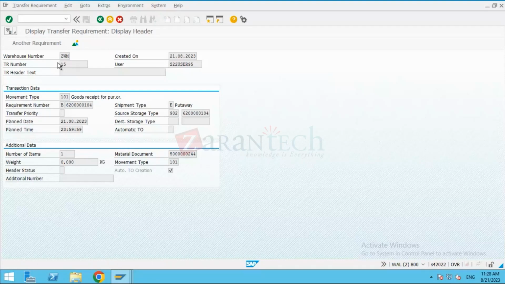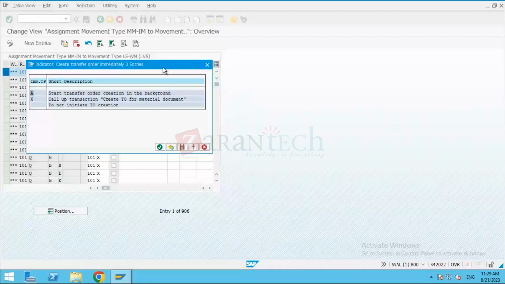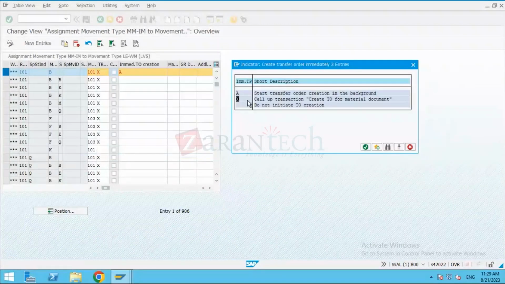So both are examples of immediate TO, automatic or immediate TO only. But whether it is immediate TO in the foreground or immediate TO in the background, that we have to look at. All right, so this flag is now clear to you. I showed the exercise for both flags. For the flag X, it takes you to LT04 while creating the delivery, and